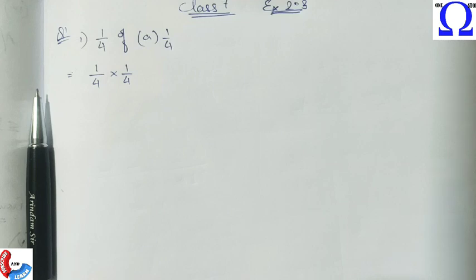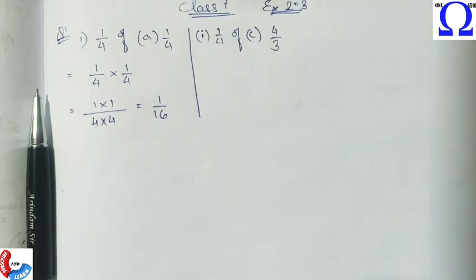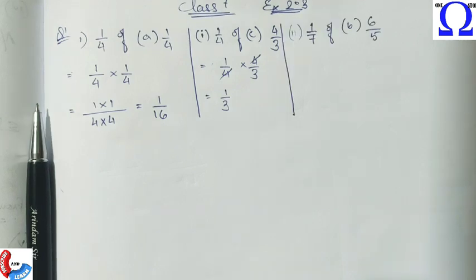multiplying a fraction with a fraction means we need to multiply the numerators separately and the denominators separately, like this. So our answer will be this. Understood? This is how we multiply a fraction with another fraction. Let's take another example. Now 1 by 4 is multiplied with 4 by 3 and our answer will be 1 by 3, of course. Taking another example from part 2. So this is the process of multiplication of a fraction with a fraction, okay?